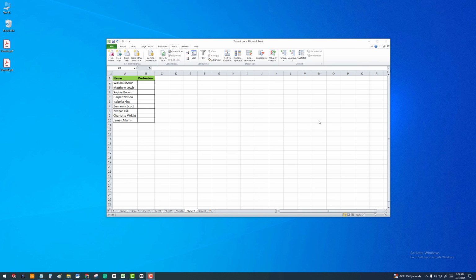Hello guys, in this tutorial I'm going to show you how to create a drop-down list in an Excel sheet. So let's begin. I already have a dummy table in the Excel sheet where I will add the drop-down list functionality. So I'm selecting the B2 field, and in this field I will add the drop-down list,